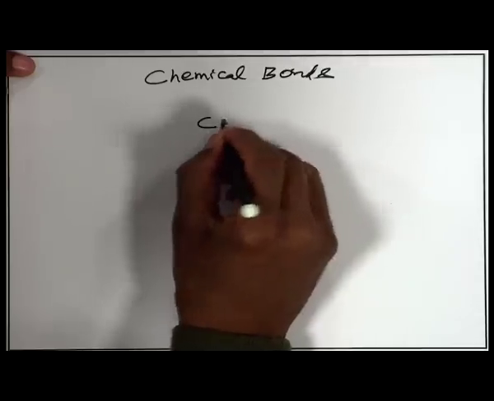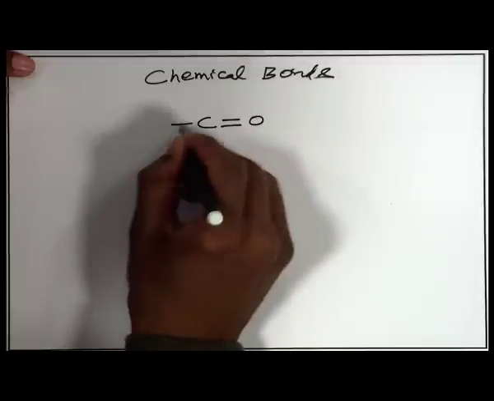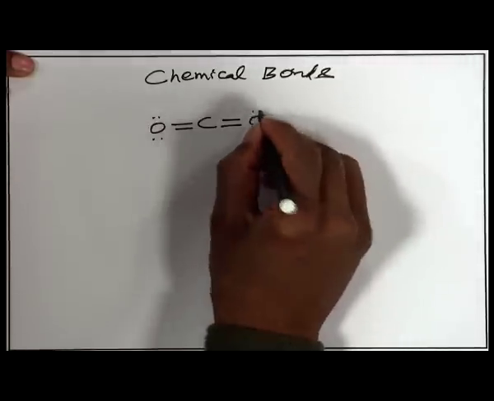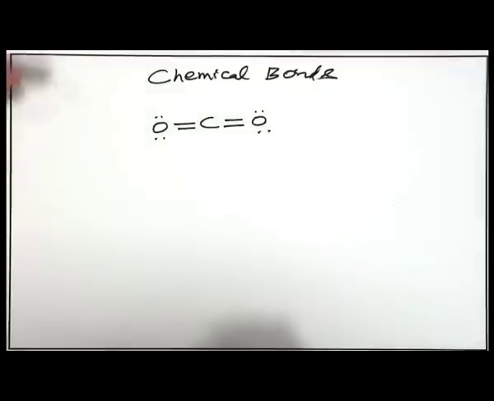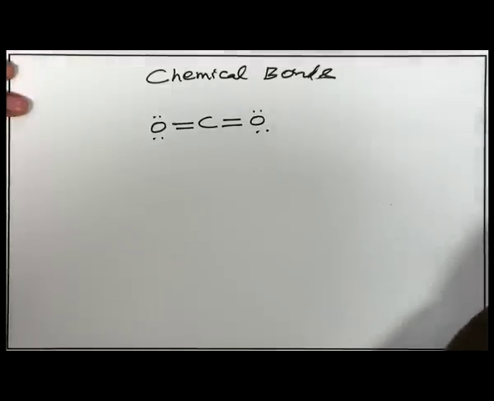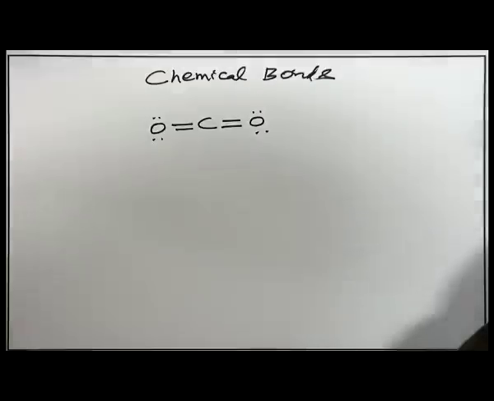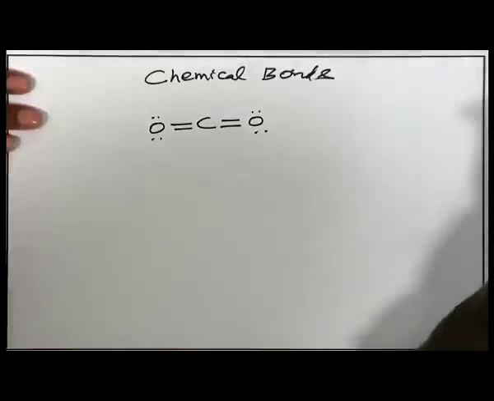This is the carbon dioxide structure. It is a linear molecule, and the central atom is a carbon connected to and surrounded by two oxygen atoms. It is because of its chemical bonding that it contributes to global warming.